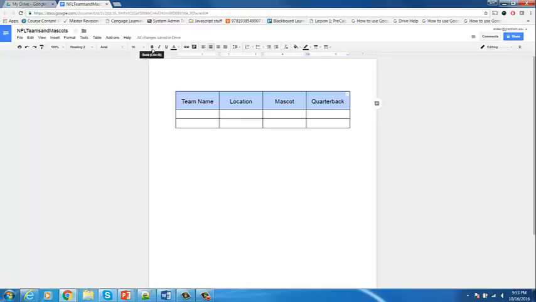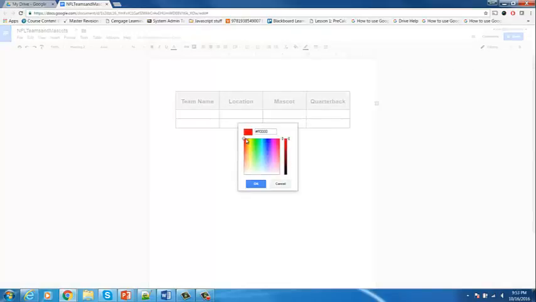So I'm going to press B for bold, and I think I want to apply some shading up here because as you can see right now it's white. I'm going to select all 4 of those and then go over to this paint bucket here. I click on the paint bucket and I have a bunch of choices for what I could possibly shade those cells in. You have all of these choices, and then you can also create custom colors by clicking and dragging